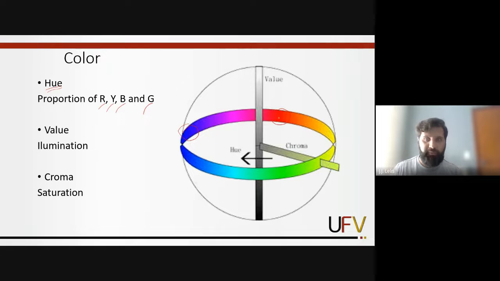I can see the red and the yellow, and something between them. I can see the green and the yellow, and something between them. And I can see the green and the blue, and something between them. So the hue is just a proportion of spectrums: red, yellow,